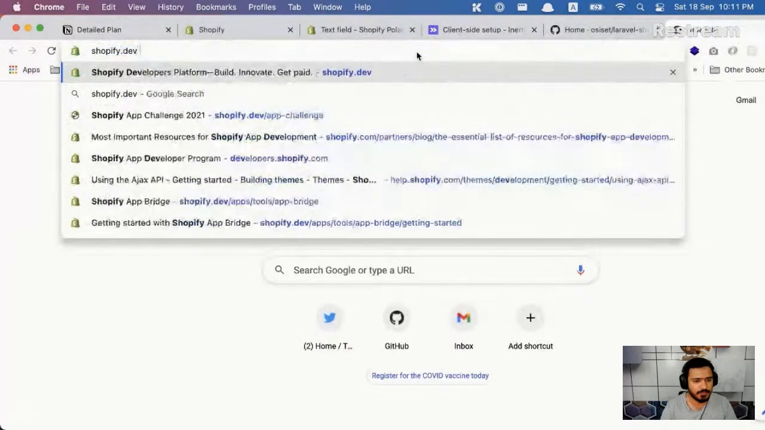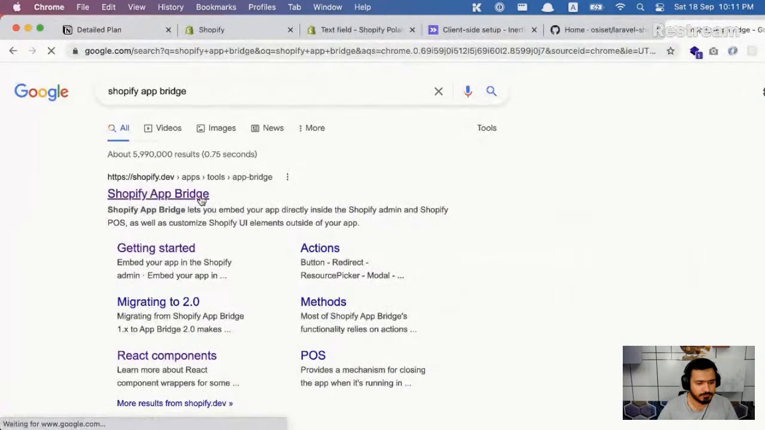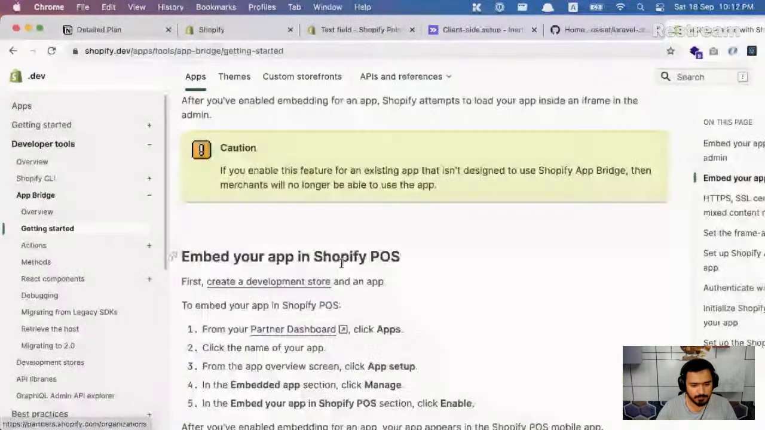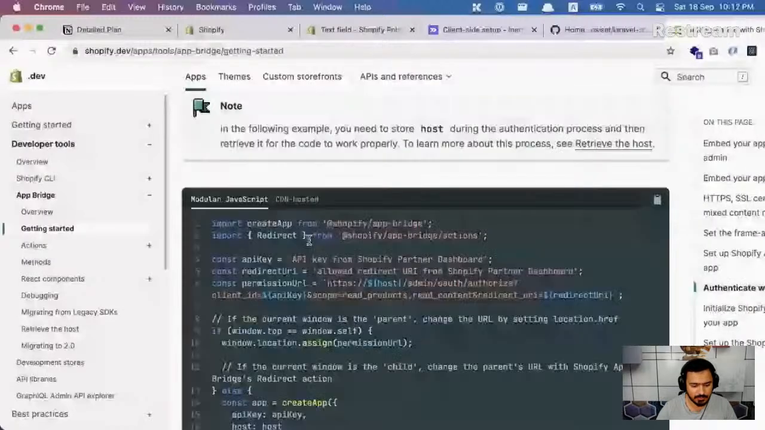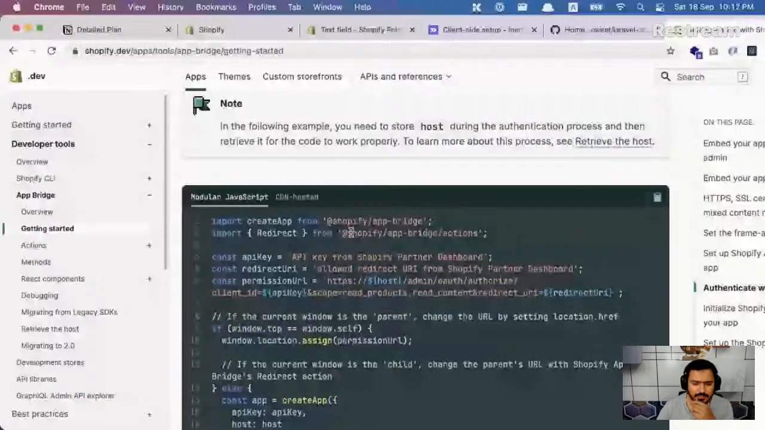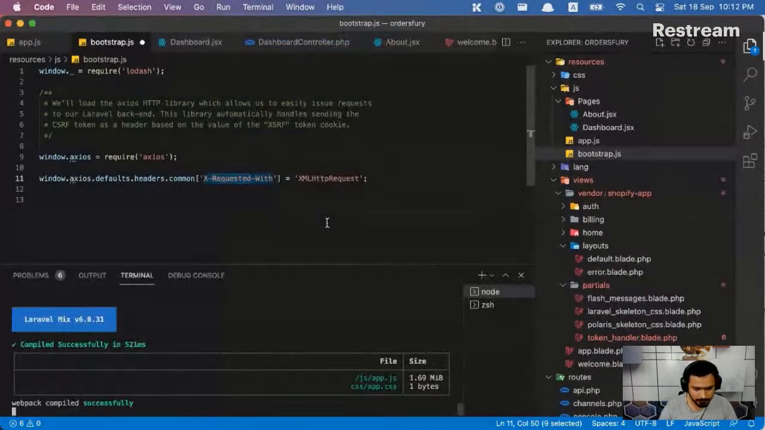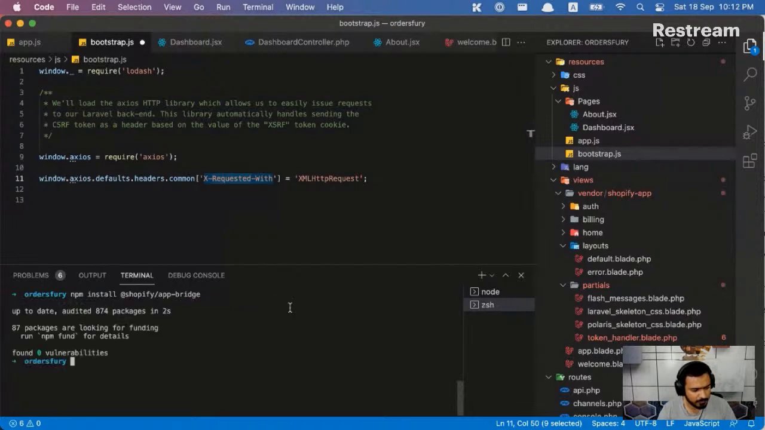Let me also open Shopify documentation for app bridge. Getting started. Okay, this is how the package is doing it. This is how we want to do it. And it's importing from Shopify app bridge. I wonder why we couldn't install that package? Because we do need it. npm install Shopify app bridge. Okay, maybe we had some spelling mistake or something. And